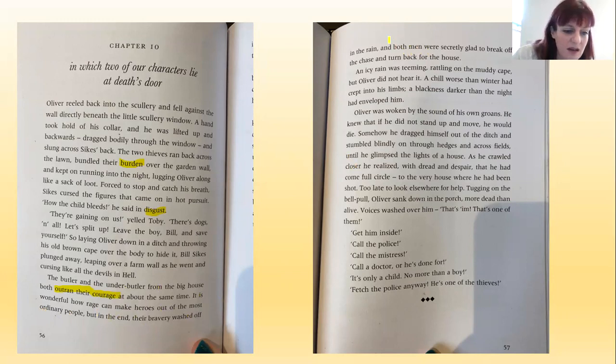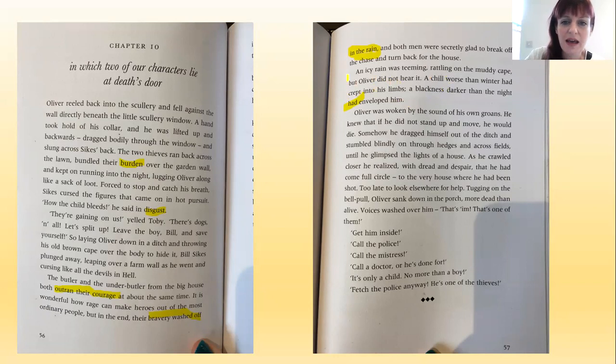Okay, so here we go. Their bravery washed off in the rain. That's a metaphor again, and it tells us that actually they're not really that brave. They were just, when they got excited, you know that thing when you get really excited and you think, yeah, I can do it, and you try something and you think, why on earth did I do that? That's that sort of thing. So we're using inference to see that they're not thugs, they're not up for a fight, they're actually a little bit scared.